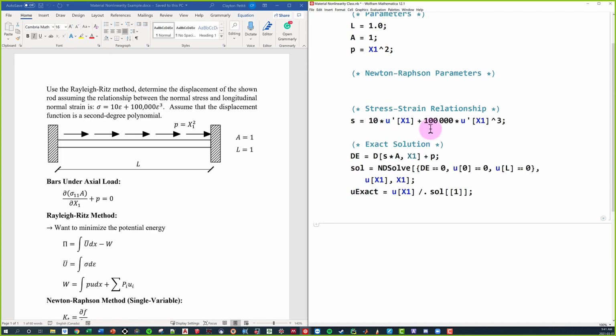Now let's move on to our approximation. So I'm going to come down here and put RR approximation. So Rayleigh-Ritz approximation. So let's see how well you guys remember how to do a Rayleigh-Ritz approximation. My first question for you guys is, the first step in any approximation, what do we need to define? What is one of the things that we always have to define when we're dealing with these approximations?